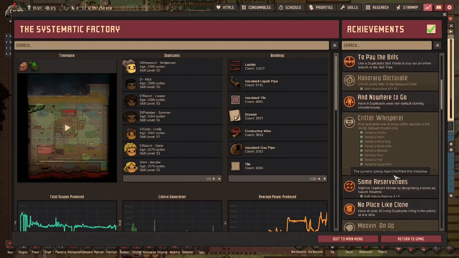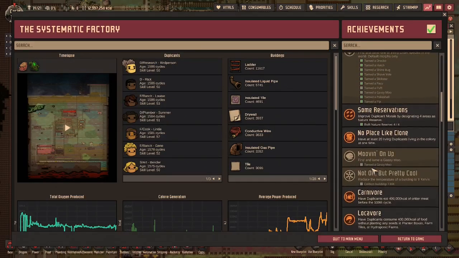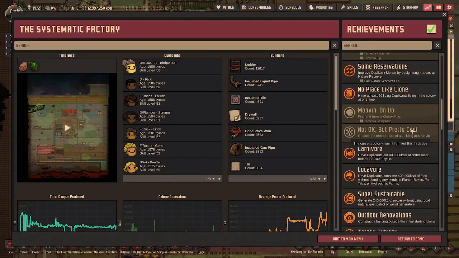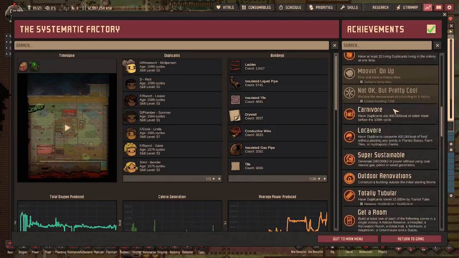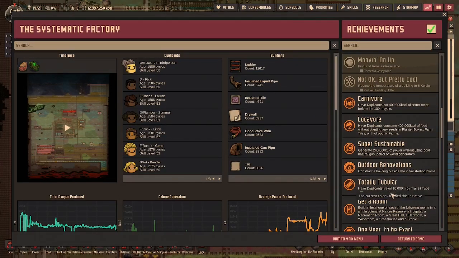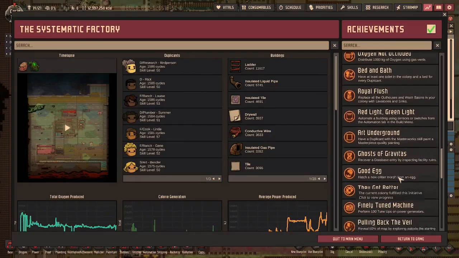I finished a couple of the things that we were working on. I now am down to the point where I need to tame a puff and a gassy moo. So those are going to be the ones we got to figure out. Same with this gassy moo. We need the supercoolant for this. Not okay, but pretty cool. We finished totally tubular. We just had people using the transit tube long enough. We also finished, if I can find it,